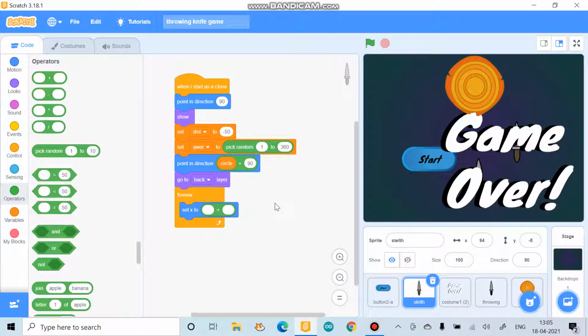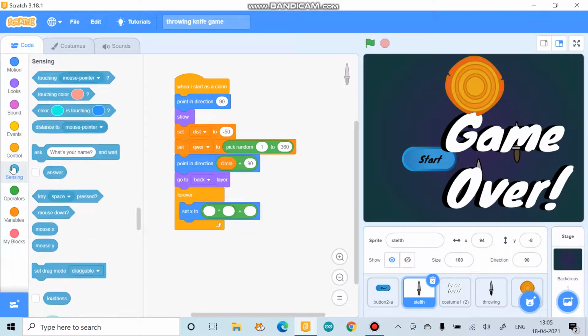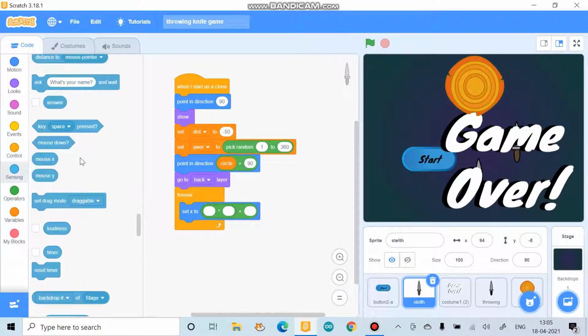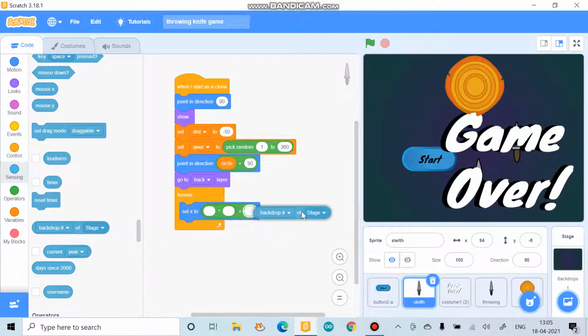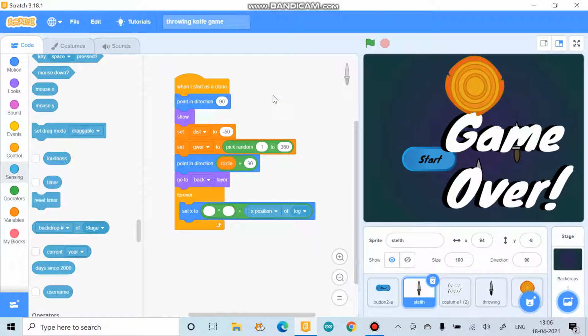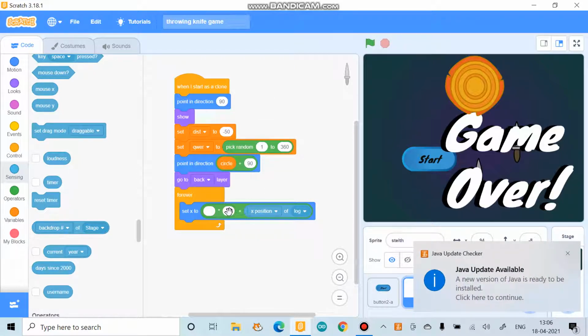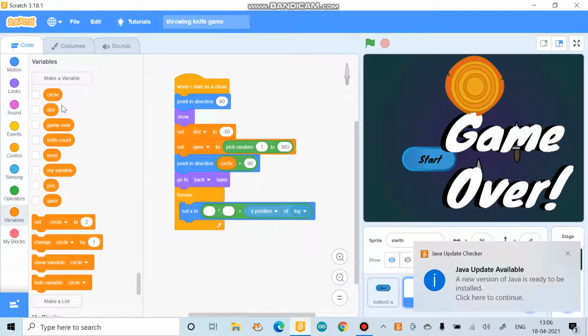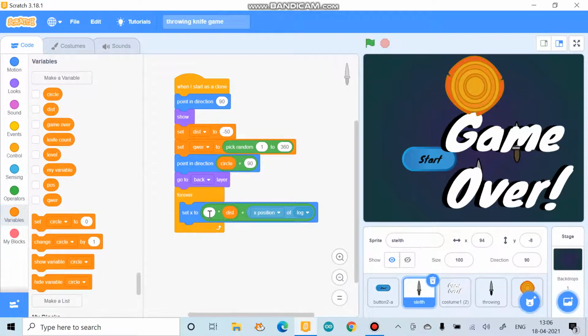Then I'll take the multiply sign over here and I'll go to the sensing and I'll take this of block, x position of the knife, and over here there should be the dist variable, and over here there should be